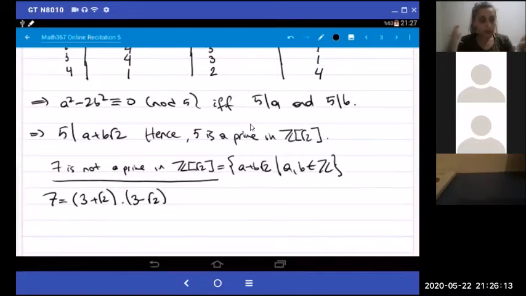So here we have to show that 7 does not divide 3 plus minus root 2, okay? Because if it divides one of them, then 7 has to be a prime number in this ring, okay? Of course, it has to satisfy this property for all possible products. But in this case, we are going to show that 7 divides this product because it is equal, but it does not divide each of the terms, neither of the terms. Okay? So assume that